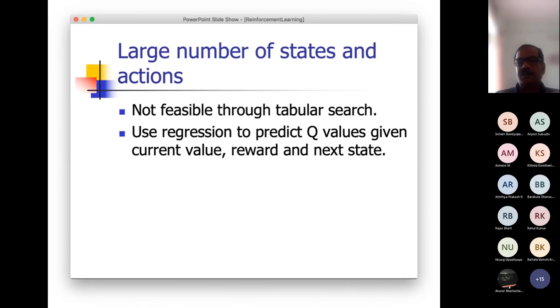Instead of making a tabular search, storing all values and then searching to get the value, you can develop a regression model, because you are observing those data. You can develop a model out of this using some parametric modeling for that state, and you can predict